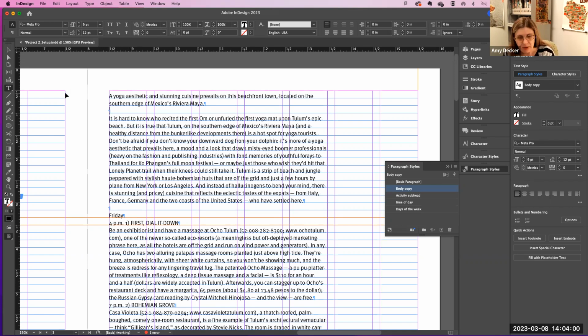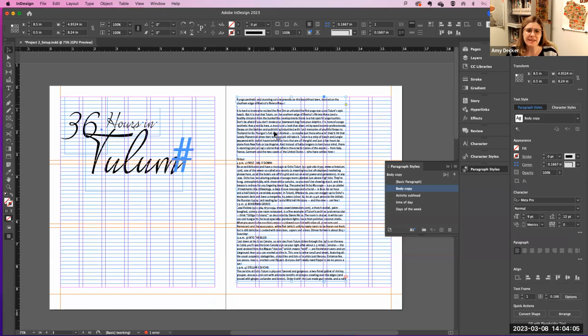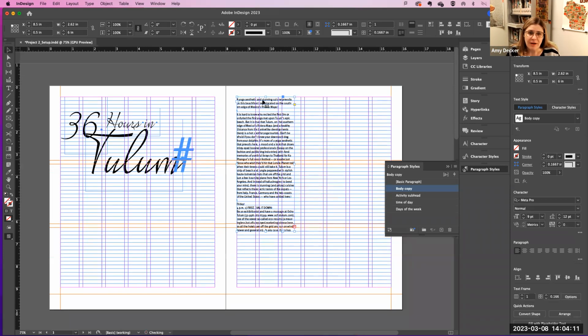So let's just look at it, so I have it all in one box. A lot of us, our instinct is to start cutting it apart and putting everything in separate boxes. I want you to resist that urge. And I want to show you how we flow copy into a layout. So let's start with